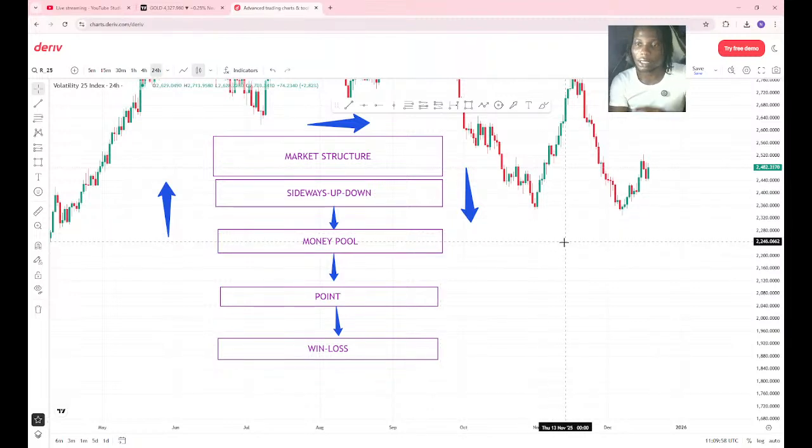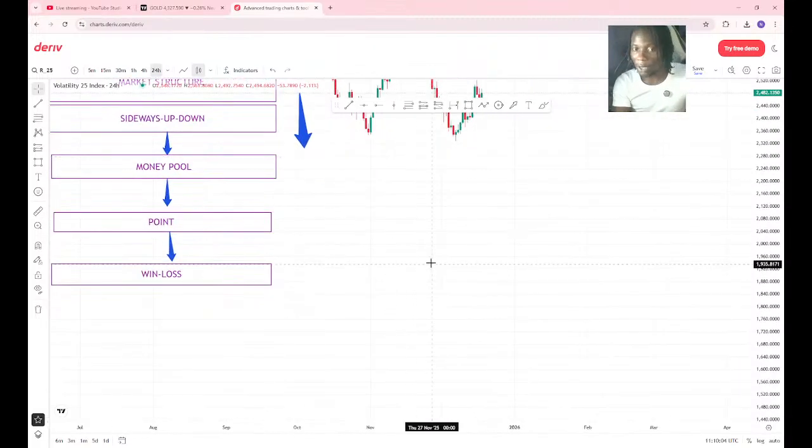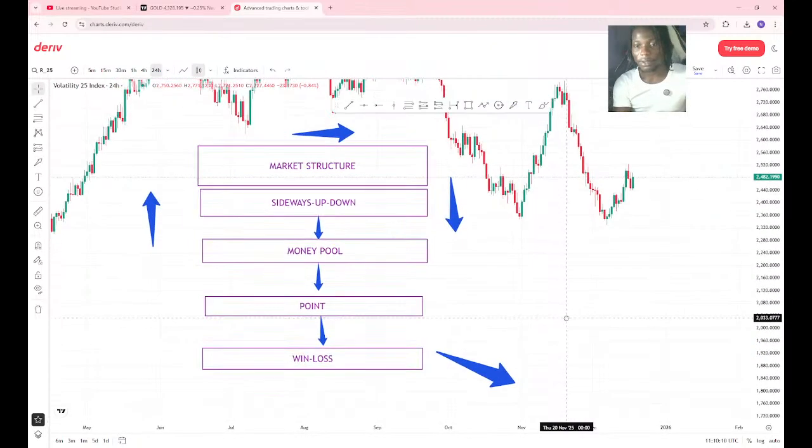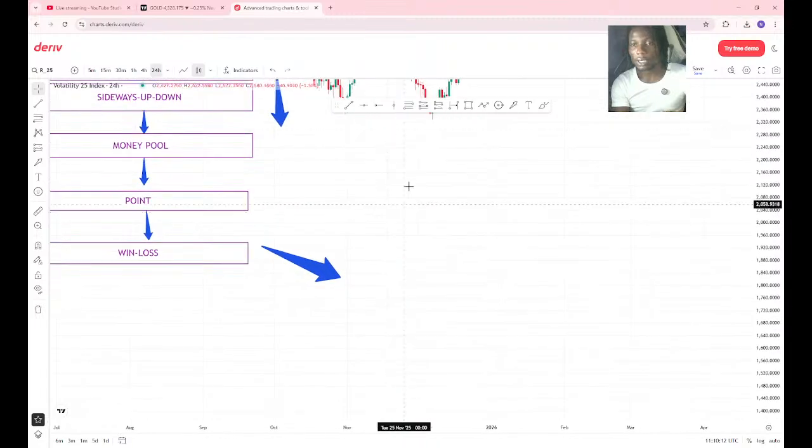Now let's go on the chart. Let me show you how it works, the concept of market structure, or let me still give you more examples about it, then we'll get on the chart for the real work. Very simple, guys. This is how we flow, then bam.